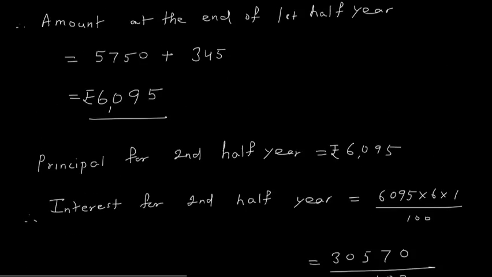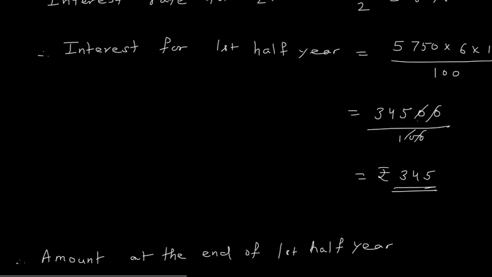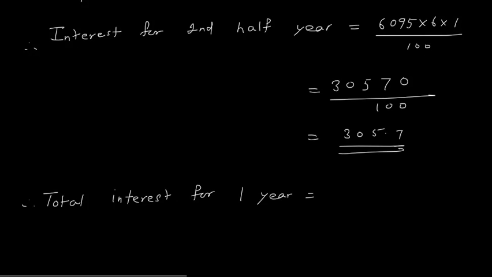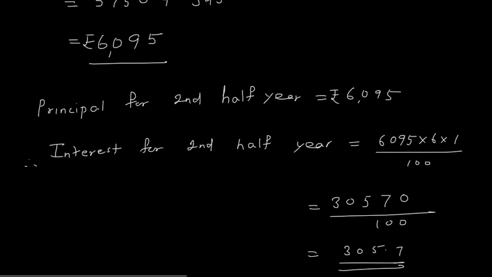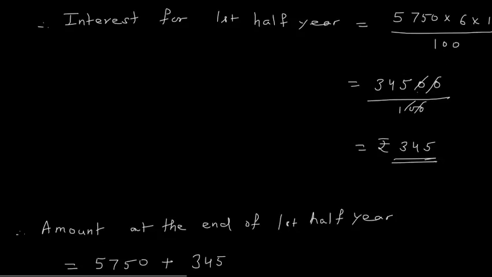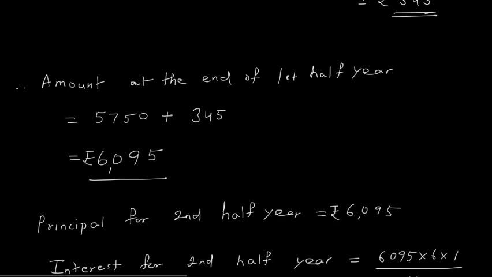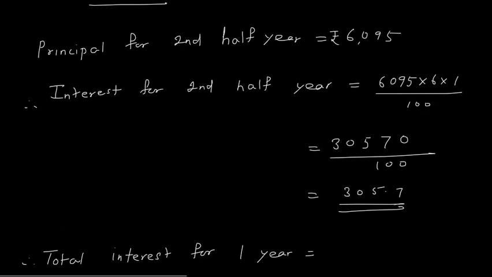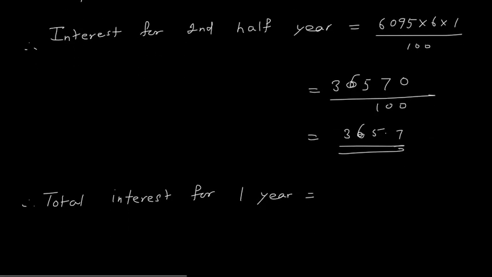Now total interest for 1 year. So I add this 345. Acha, there is some mistake I think. For first half year I am getting 345, and for second half year we are getting less. 6 sixes are 36. So here it is 36. Okay, so this is 365. So for 1 year it is